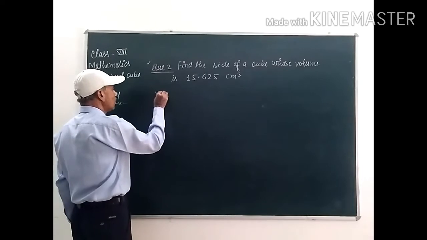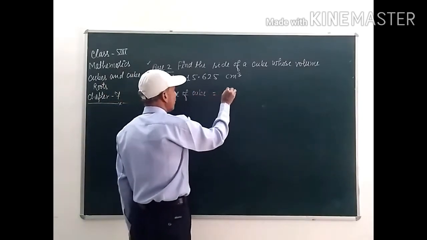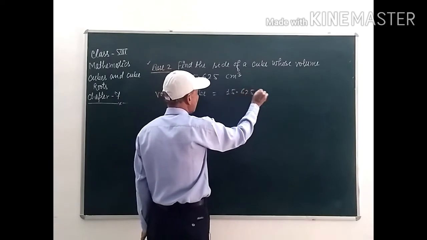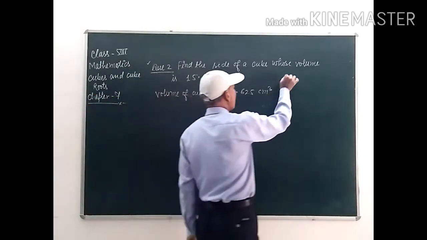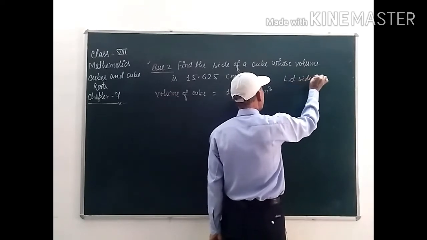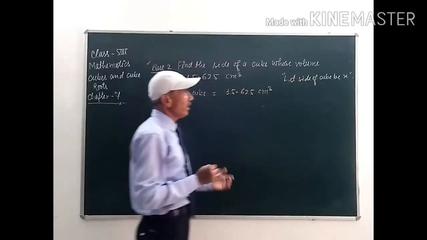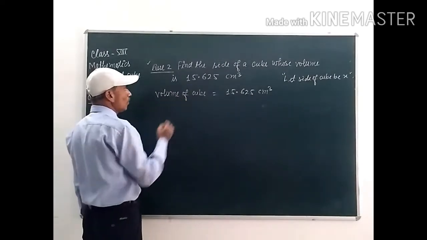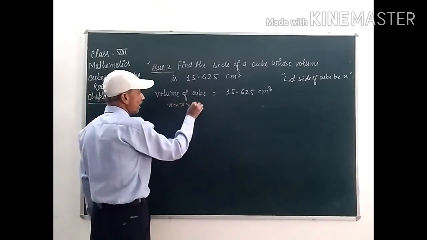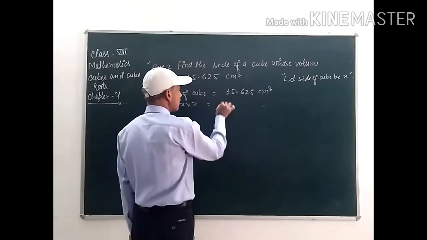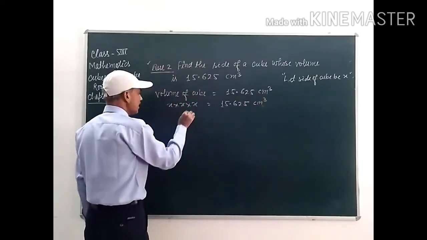So, volume of cube, it is given 15.625 cm cube, okay, students. Let the side be x, let side of cube be x. We have considered the side of the cube as x. So volume is equal to side into side, meaning x into x, okay, that is 15.625 cm cube, that is x cube is equal to